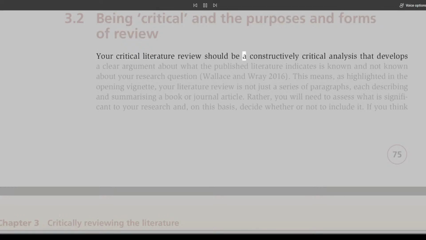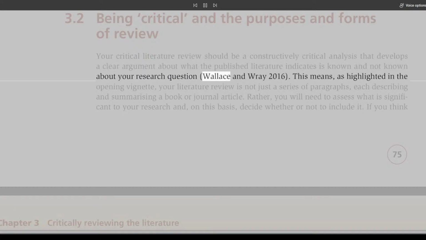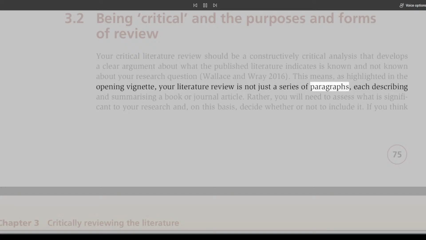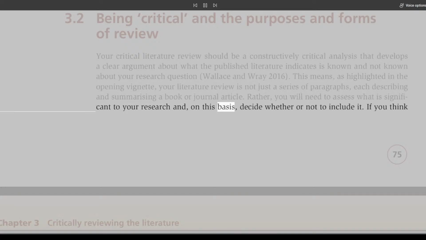Your critical literature review should be a constructively critical analysis that develops a clear argument about what the published literature indicates is known and not known about your research question (Wallace and Ray 2016). This means, as highlighted in the opening vignette, your literature review is not just a series of paragraphs, each describing and summarizing a book or journal article. Rather, you will need to assess what is significant to your research and on this basis, decide whether or not to include it. If you think